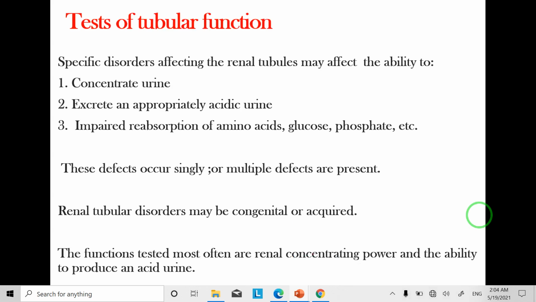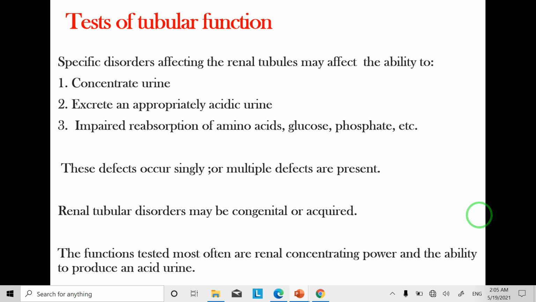When we suspect that a patient has a defect in his tubular function, the disorder that comes to mind may be that he is unable to concentrate urine, so he produces a large amount of urine with low osmolarity. Also, he is unable to produce acidic urine to a degree that is appropriate for his body pH. So he is unable to concentrate urine, he is unable to excrete acidic urine, and in addition, we suspect he